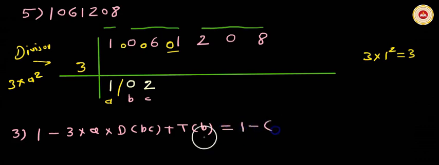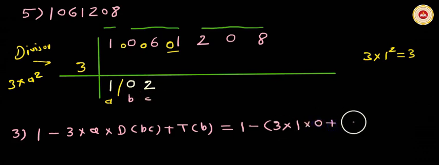Now let us put this in a bracket because there are two terms. By putting these two terms in a bracket, we will avoid confusion, because due to this minus sign, the sign will change. 3 multiplied by a, what is a? A is 1, multiplied by duplex of bc. Duplex of bc, what is bc? 0 and 2. How to calculate duplex of 2 digits? 2 times the product of these 2 digits, means 2 multiplied by 0 multiplied by 2, which is 0,